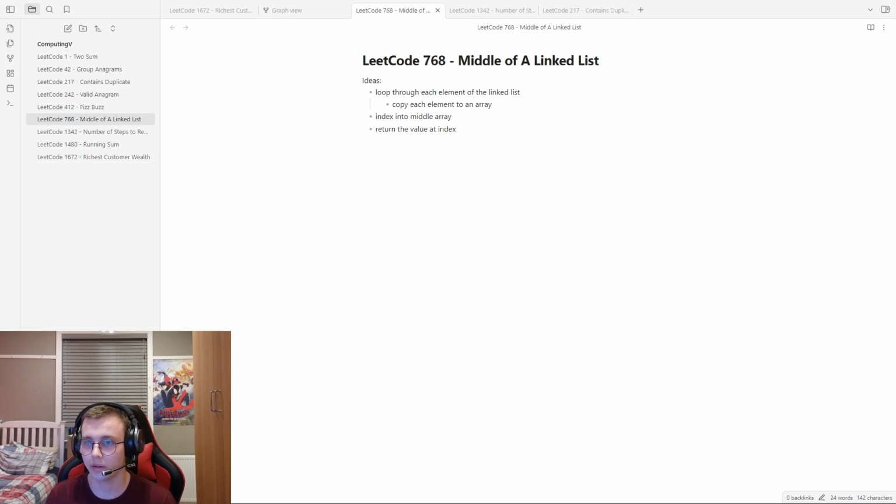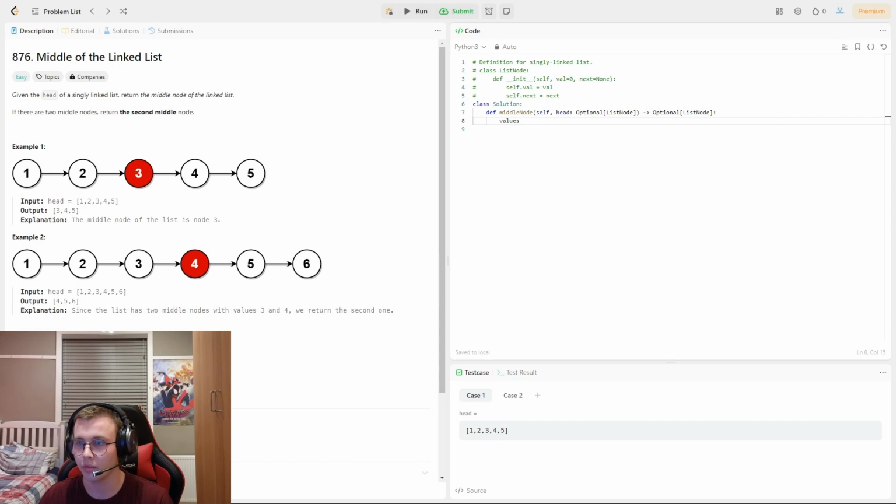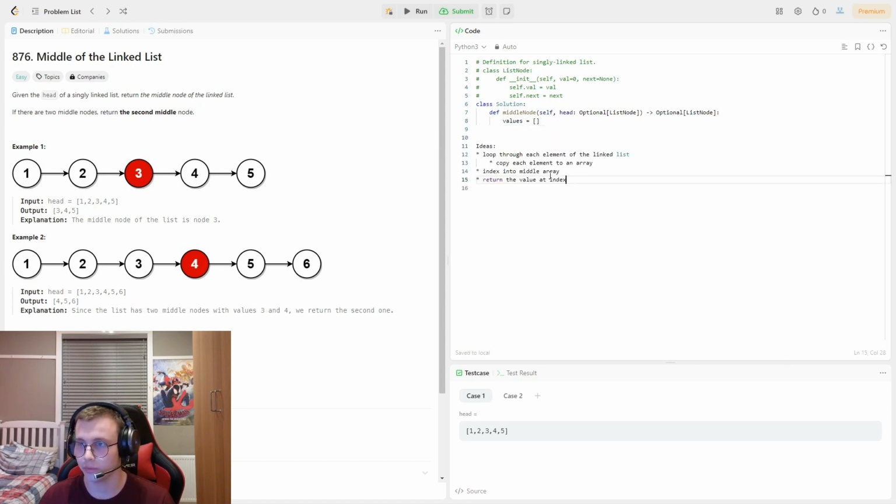So I'm just going to do values. Values is what I'm going to call my array here. Another thing I'm going to do is just copy and paste my notes in here. This is what I usually do, just to be able to refer back to it without switching between my notes. So values is an empty array, and then while self.next is not null, is not None. Is it not None? Yeah. While self.next is not None,